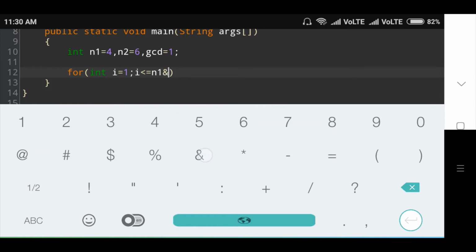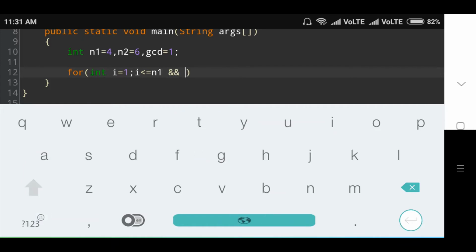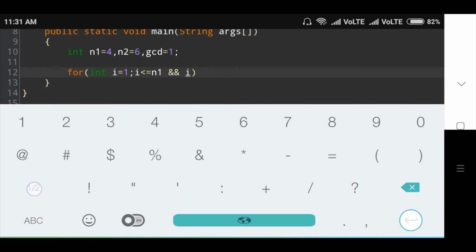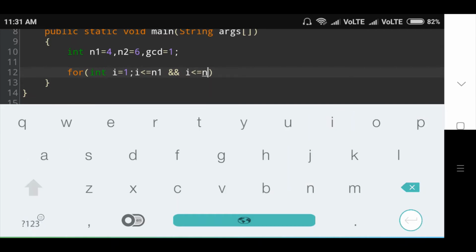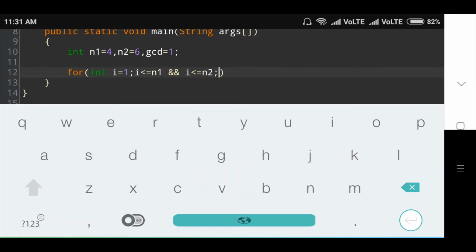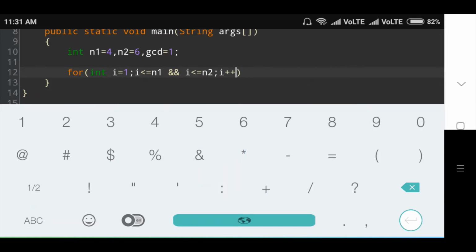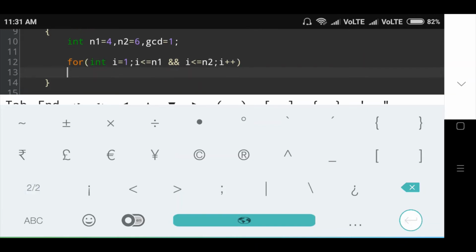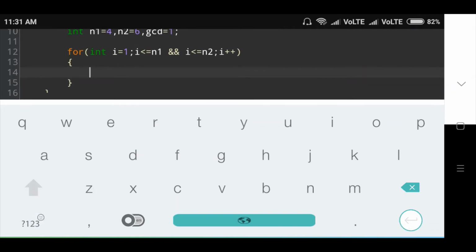Here I will use AND operator, and second number i is less than equal to number2 and i plus plus. In that, checks if i is factor of both integers.